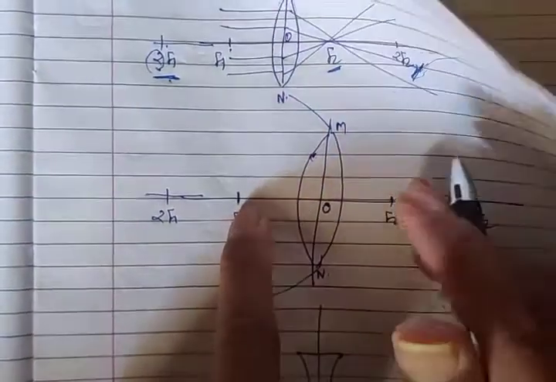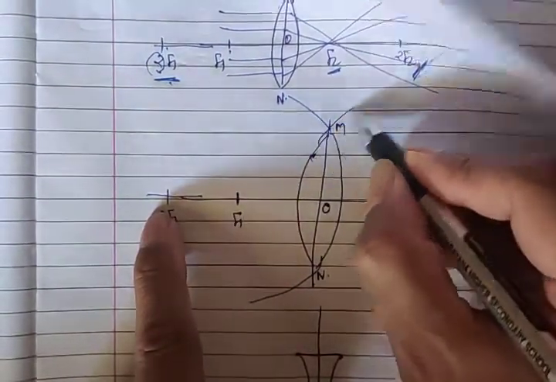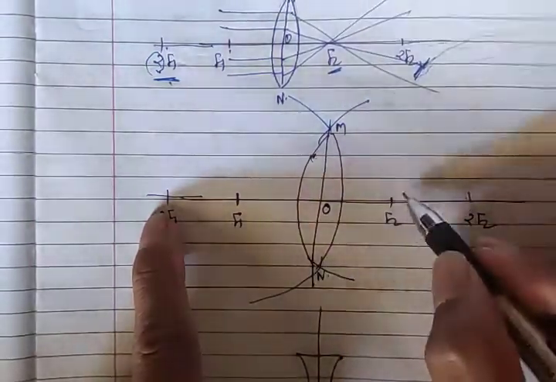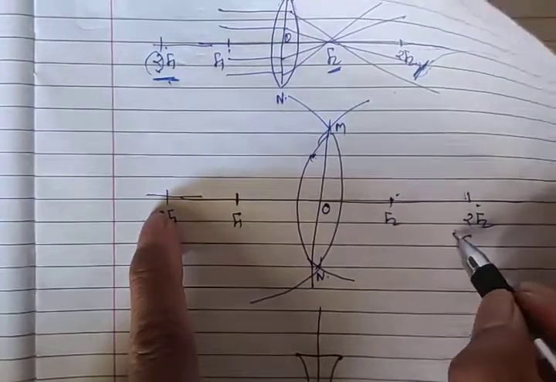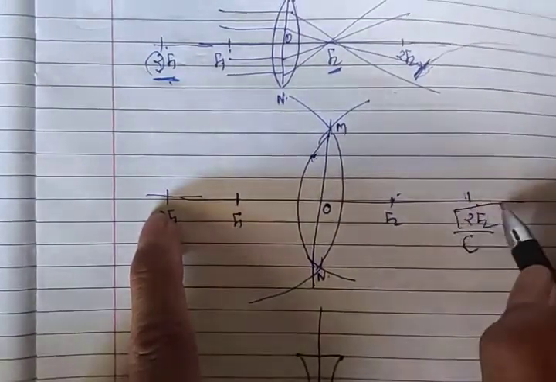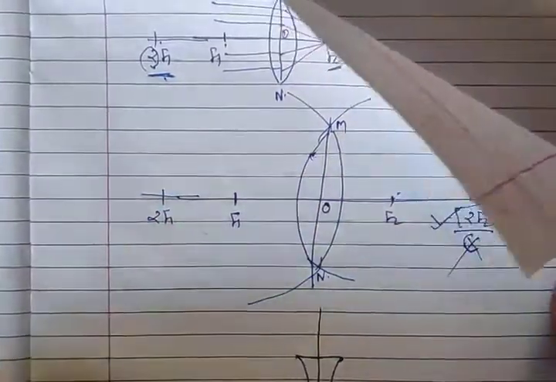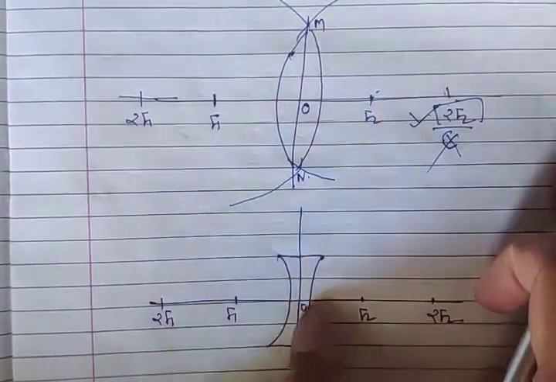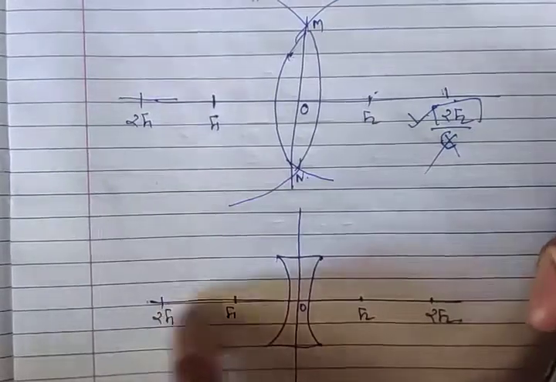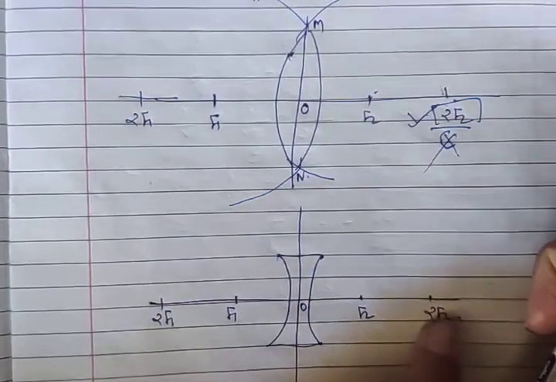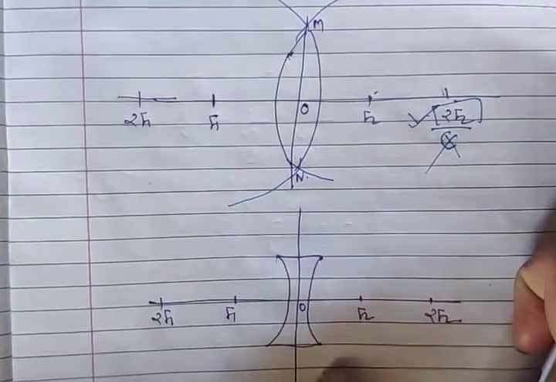So this is called the focal length for this particular part, and this is called the center. And if I take this, then this is considered f2, and this is considered the center, so instead of center we now write 2f2. This is the correct method to write. Please do not write C over here. Same phenomenon if I change it, then for this particular part this is f1, this is 2f1, here it is f2 and this is 2f2. These are the things we have to keep in mind.